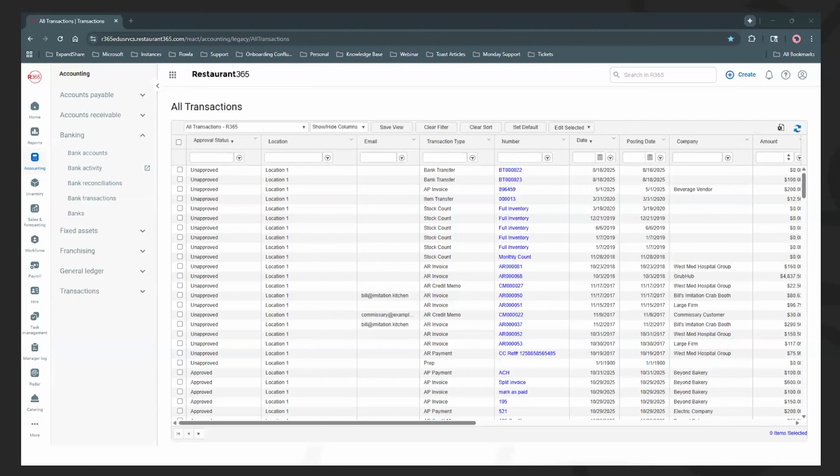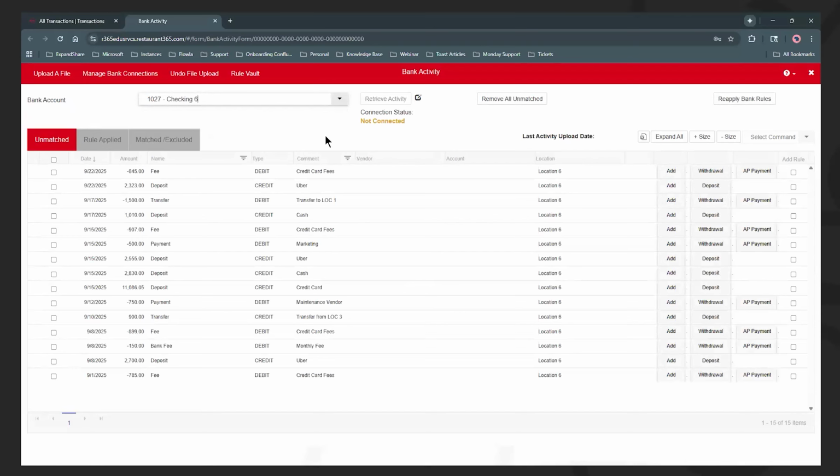Ensuring that those tasks are completed first is going to contribute to a more efficient and complete daily bank activity review process. So again, if you missed those webinars or you just want a refresher, check those out in our webinar library. So when we're in our bank activity screen, we've ensured that we've completed those first 2 daily tasks